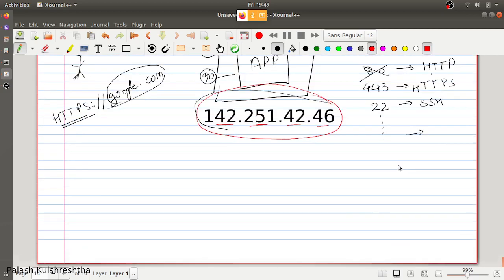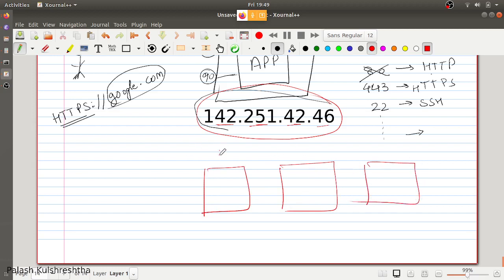For example, today you have this IP, and next day, let's say you have two more servers, so you're going to get two more IPs. So today your IP is I1. Next day you're going to get I2. Next day you're going to get I3. And suppose this I1 crashes, so you have to remove this I1 IP, and that way humans had to remember IPs, which was not a good way. So what they did was they designed DNS servers.